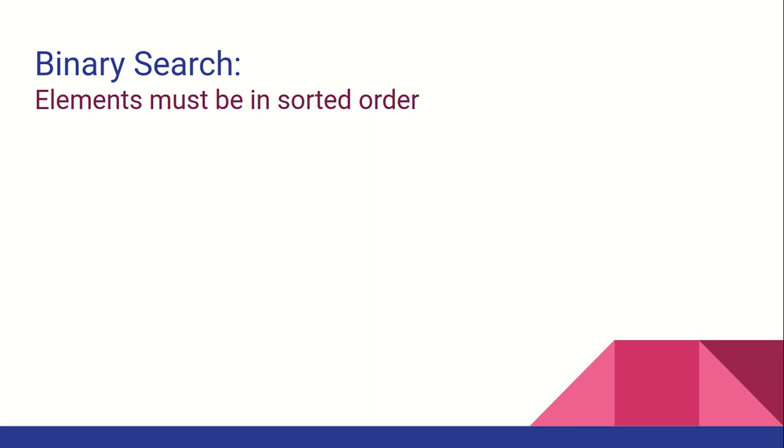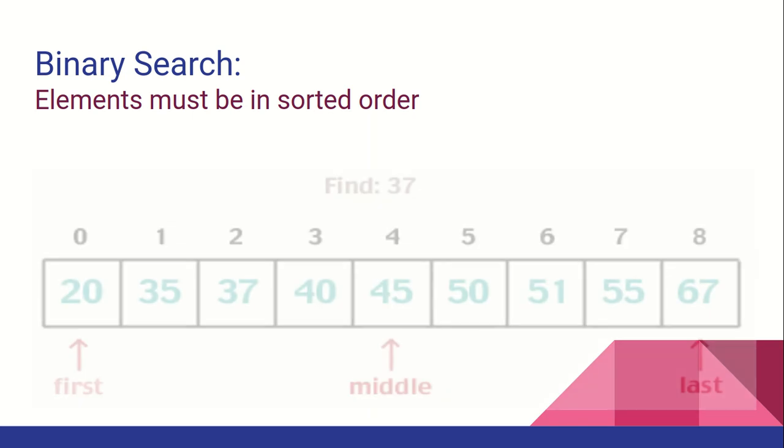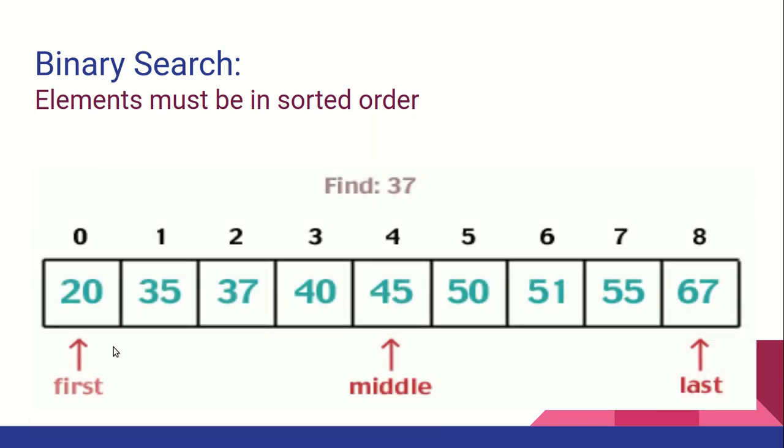Due to the sorted order of the list, if the middle element is greater than the desired element, then all right side elements are also greater than the desired element, so we can skip the right part. In the same way, if the middle element is less than the desired element, then all left side elements are less than our desired element, so we can skip the left part. This process continues until the list becomes too small. So let's see how it works.